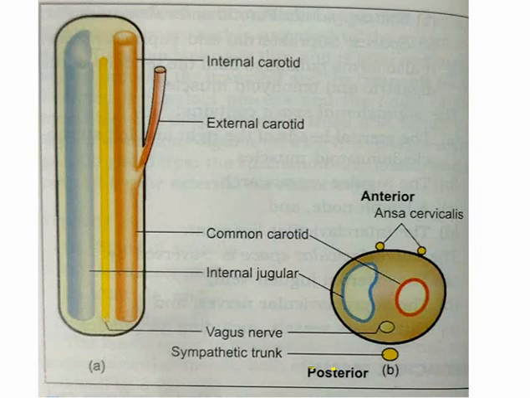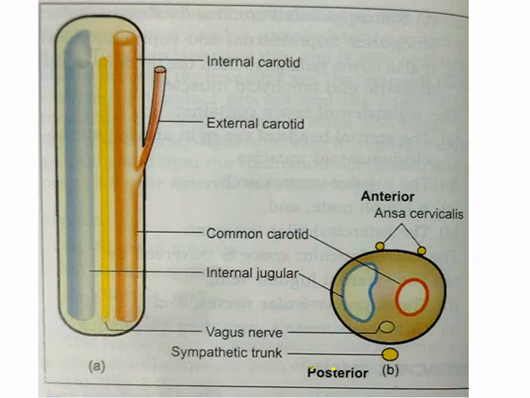Here is the transverse section of the carotid sheath showing the common carotid artery, internal jugular vein. This is the vagus nerve. In between these two structures, a little bit posteriorly, in the anterior wall here, is the ansa cervicalis, that we will see in the next chapters. What is ansa cervicalis? The two roots of ansa cervicalis are present in the anterior wall of the carotid sheath, while behind the carotid sheath, we can see the sympathetic trunk here. So this is about the carotid sheath.